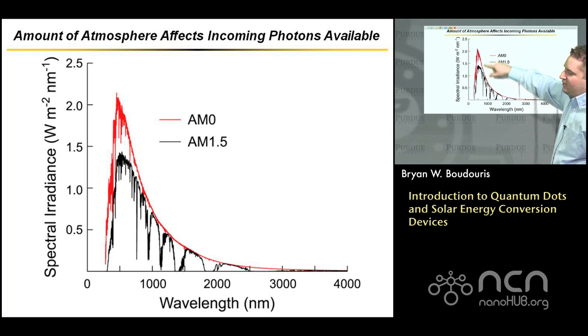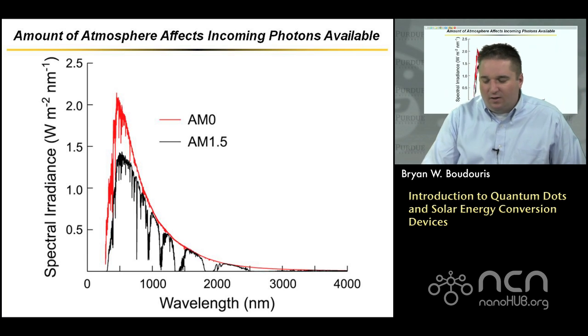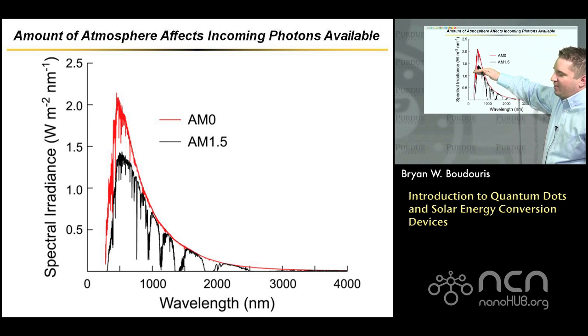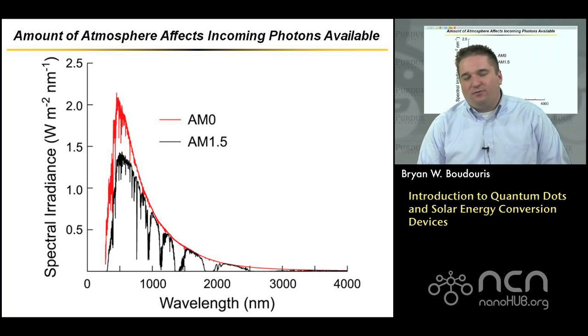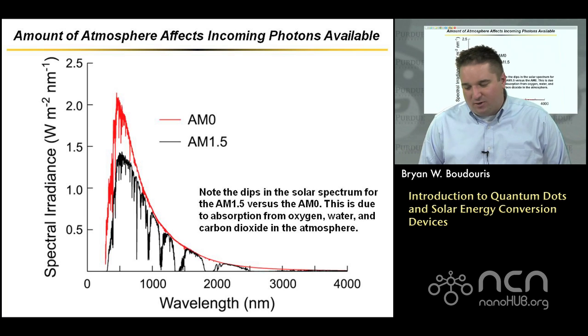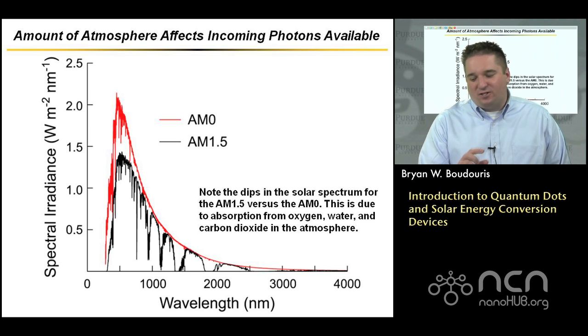If you're in outer space, you see that there's absolutely just a decay and a peak here somewhere around 500 to 600 nanometers. On the other end of things, we see that we have a much lower intensity, and that's just because some of the sunlight has to pass through the atmosphere. But not only that, we see specific dips in our light, and those specific dips associate with different kinds of absorptions due to oxygen, water, and other things that are in the atmosphere here. So what we want to do as engineers is try to design solar cells that absorb as